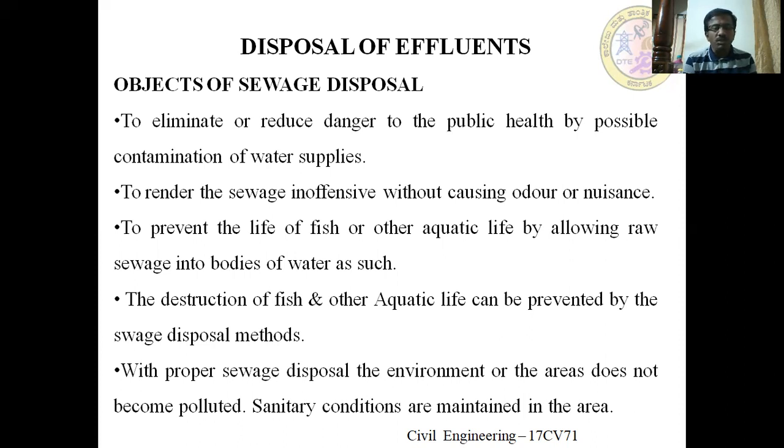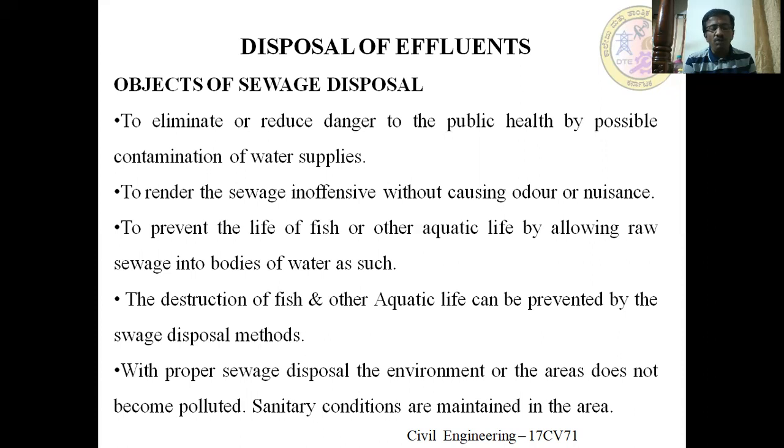Disposal standards are different for running water bodies, on-land treatment, municipal sewers, and so on. Before disposing the wastewater, whether industrial or municipal, we bring down its concentrations to the disposal standards, and then only we dispose. For example, the BOD value for the disposal of wastewater to a running water body, or for dilution, is 250 mg per L. It means we bring down the BOD of the wastewater to less than 250 mg per L, and then only dispose.